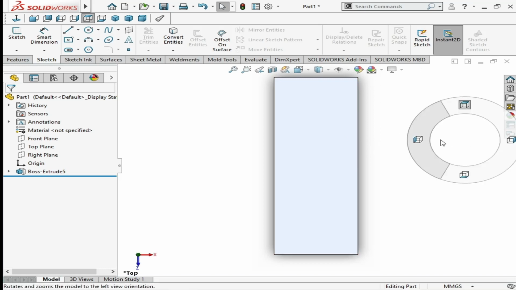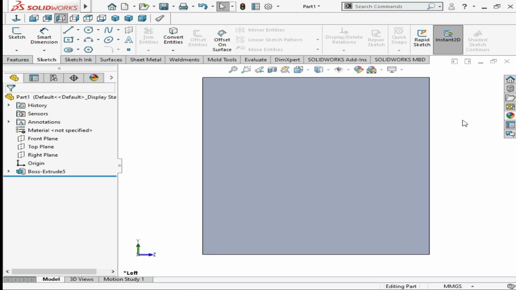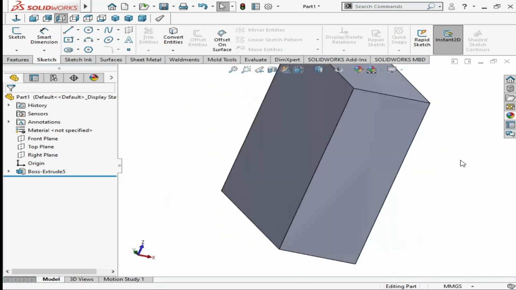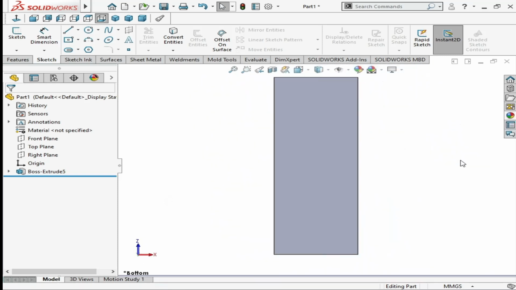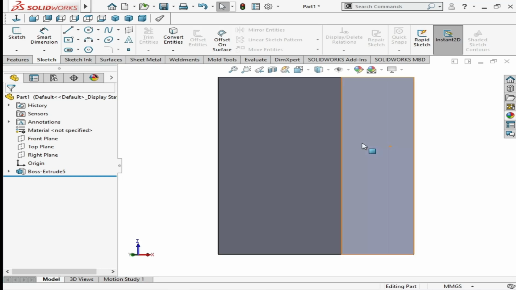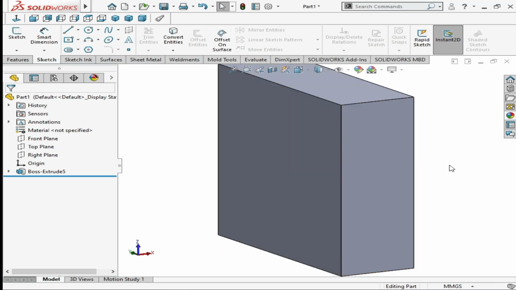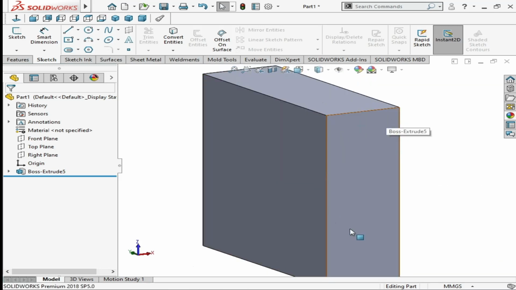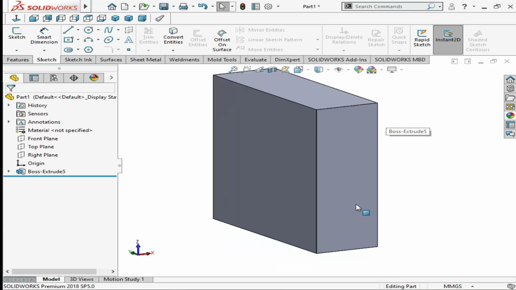And when you go to the right, it will give the right view. And the same, when you go to the bottom while holding the right button of the mouse, it will give the bottom view of the 3D model. In this way you can use these views to see an object from many angles.